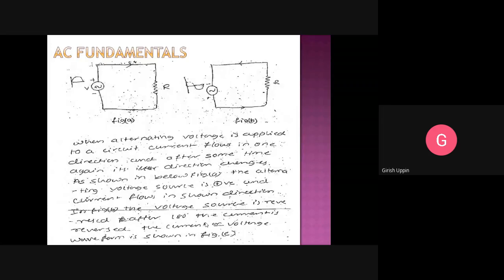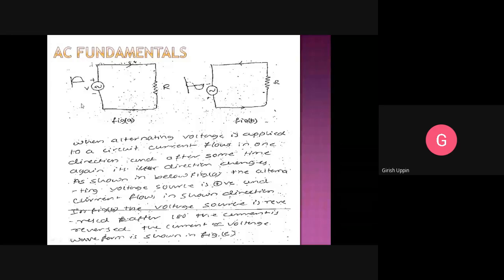So when you apply an alternating quantity to a circuit, okay, the alternating quantity, as you have seen in the sine wave, so it will have a smooth positive. It takes a peak and it starts reducing. It becomes zero, and then it will start going into the negative direction. It keeps on increasing in the negative direction, reaches a peak value. Again, it will smoothly reduce. Okay, and it will become zero, and this cycle will keep on repeating.